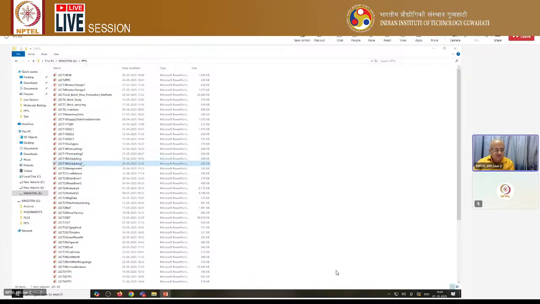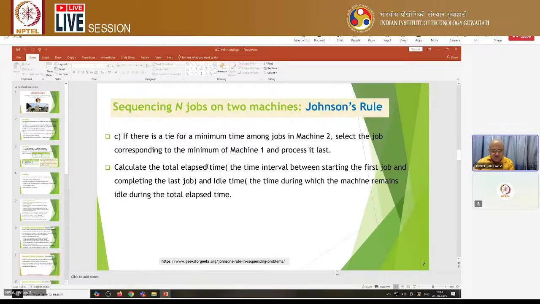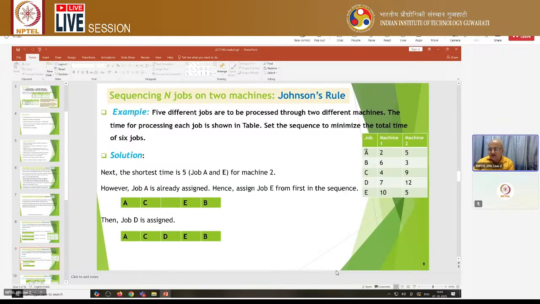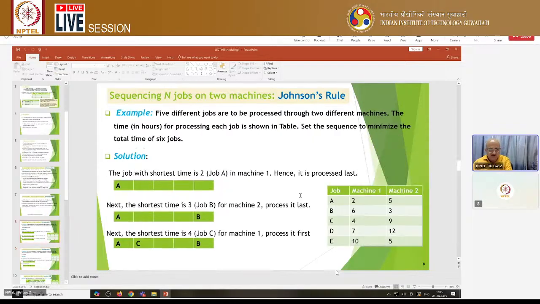In scheduling, there is also the two-machine job sequencing problem. For example, job A takes 2 hours on machine 1 and 5 hours on machine 2. Similarly, B takes 6 hours. So in what way should we sequence? There is Johnson's rule, a heuristic. You see the shortest time is 5, so you put job A first because it takes the shortest time. Job A and E are on machine 2. Job A is already assigned, and job E is assigned from the first in the sequence, like that. Here the job with the shortest time, 2 on machine 1, is processed